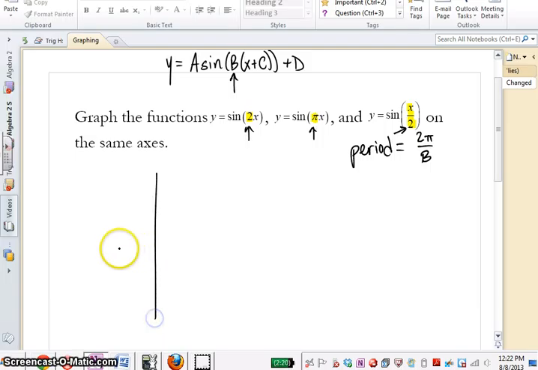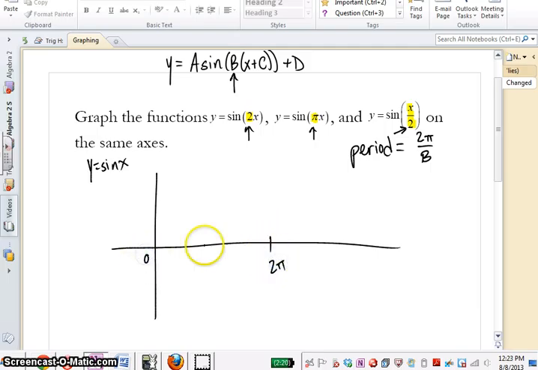So what I'm going to do first is make a quick graph of just regular y equals sine x, which we aren't asked to do, but will help us in the long run, I believe. So, graph from 0 to 2 pi, put in pi, pi over 2, 3 pi over 2, we'll go up to 1, down to negative 1, and the graph will go middle, up, middle, down, middle, and we can connect the dots in a nice sine curve. That's y equals sine x, which has a period